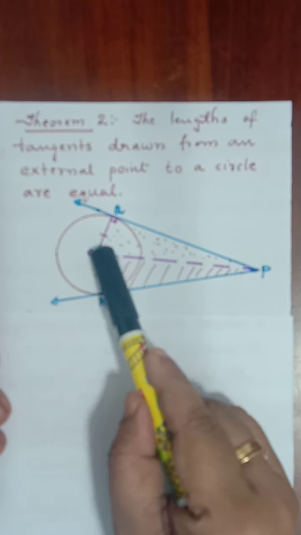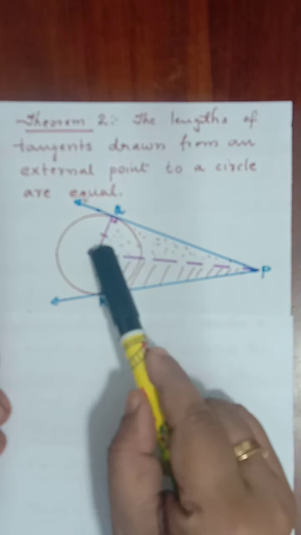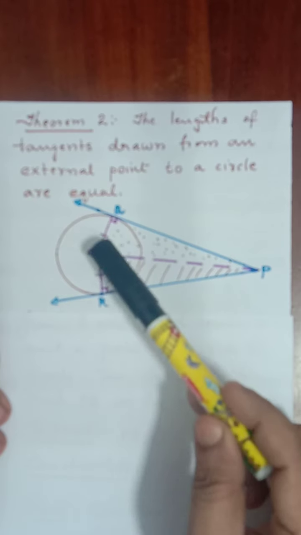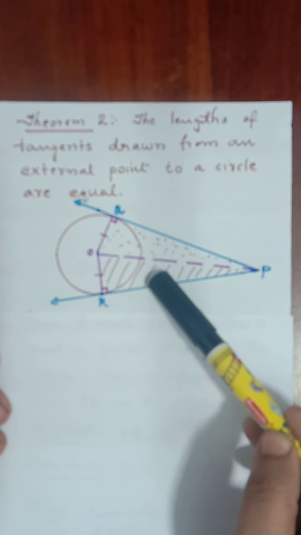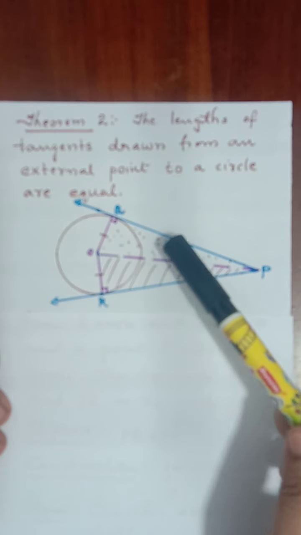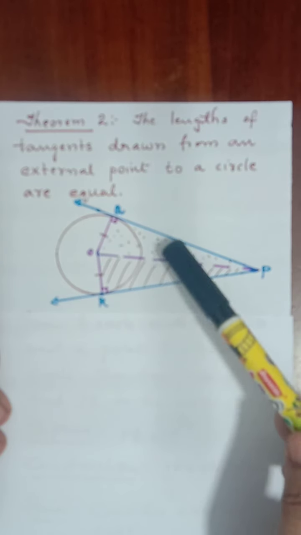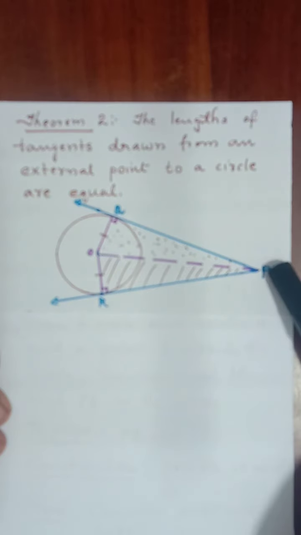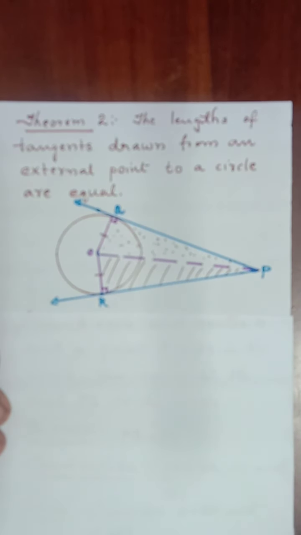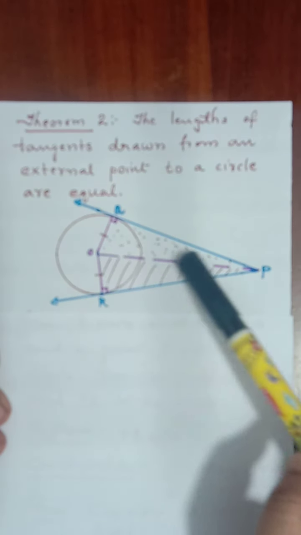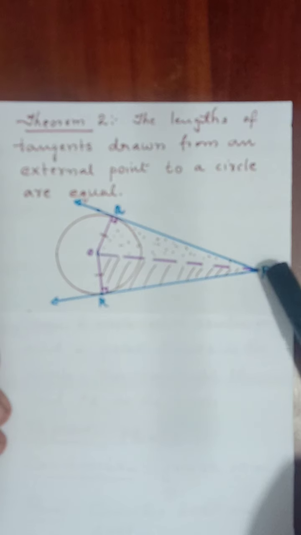90 degrees opposite side is called hypotenuse. Here also 90 degrees opposite side. Is this OP common for both the triangles, dotted triangle as well as striped triangle? For both these triangles, OP is common. Here we know that this OP is the hypotenuse of both the triangles. So right angle hypotenuse, RH over.